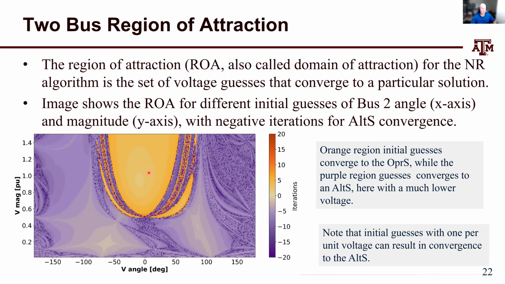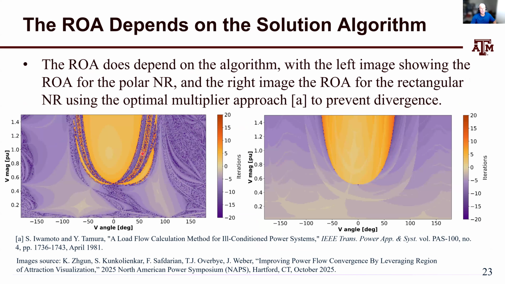Okay, so the goal in doing a power flow, whether it's a 2-bus or a 20,000 bus, is to make sure that your starting point is in the orange region. The shape of this region depends on the algorithm that you use. Here, on the left side, we're using a polar form of the Newton-Raphson, and it gives this kind of complex shape. If you switch over to using a rectangular formulation,